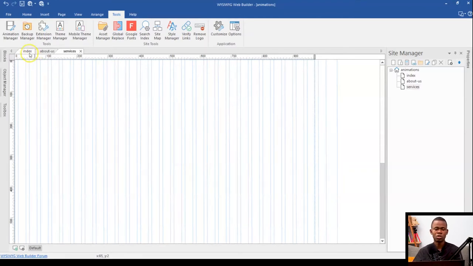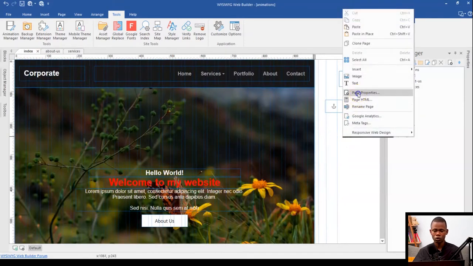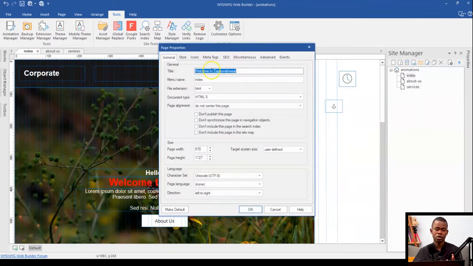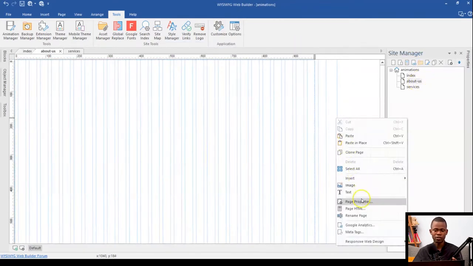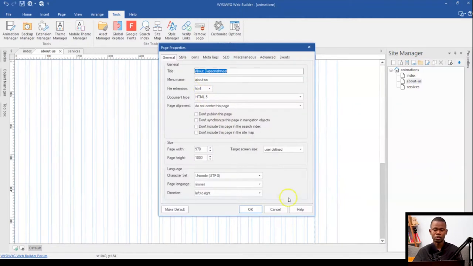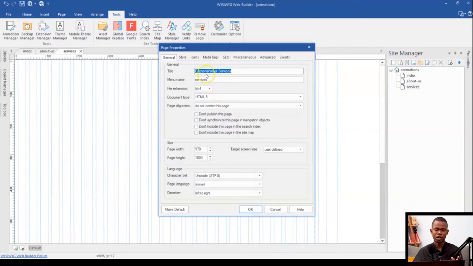Let's just go to the pages to find out. So let me come here, go to the page properties, and as you can see, we have welcome to Dabson Ishmael. When I come to About Us, I should have that here. So also about Dabson Ishmael, and once I come to services, I should also have Dabson Ishmael services. So this is one way I have adapted to go about the use of the global replace to make it easier for me to make certain changes as and when I'm working on a project.